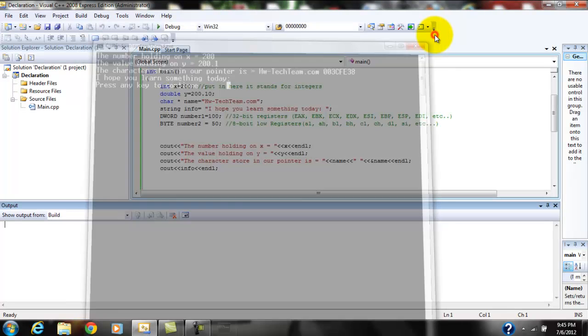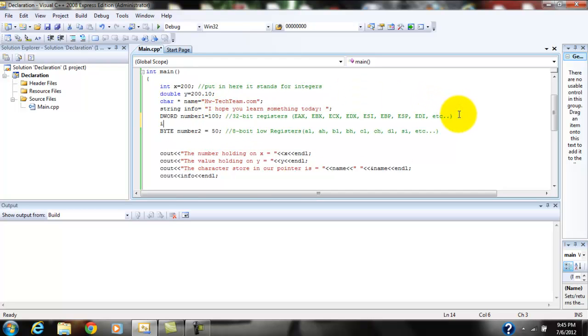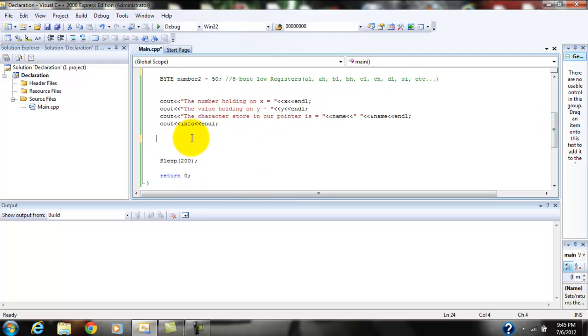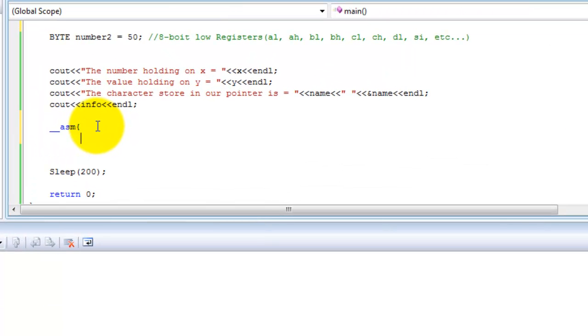Now let me show you something about assembly language. If you want to do the following, you have a 32-bit register, and a 32-bit register can be compatible with an integer. Integer new num is assigned 0. But if you do the following in inline coding, like I do so, and I do this, and let's do this. After you do this, you do the following: move new num. Let's do move EAX,